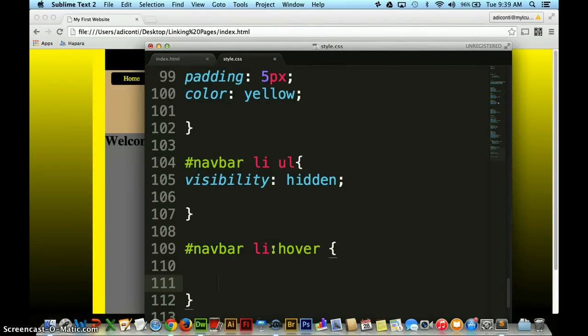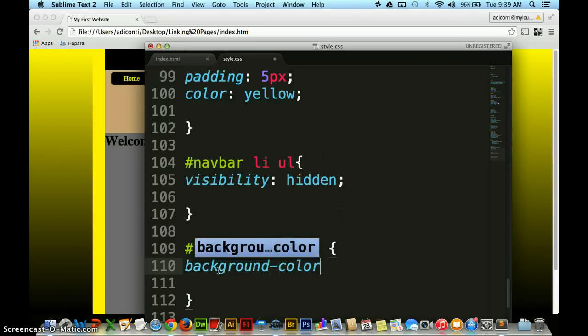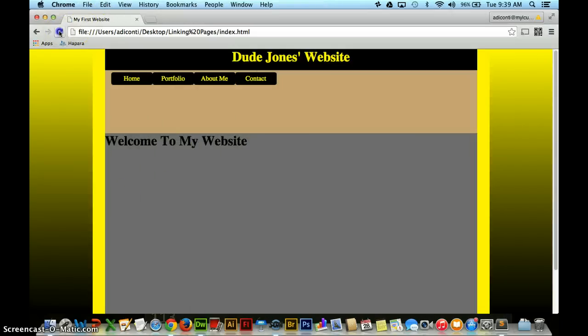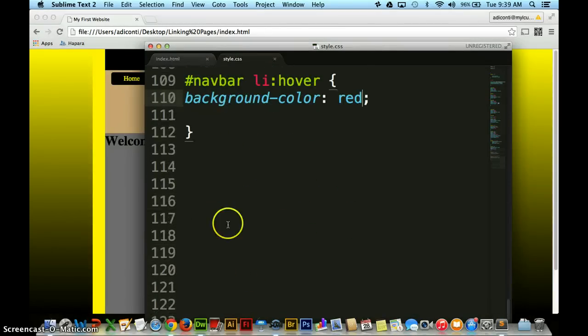We're going to actually, let's get list item hover, yes, and then background color red, and you'll see if you want that color or not. Let's check it out. Let's refresh, and so those black buttons turn red as you hover. Okay,